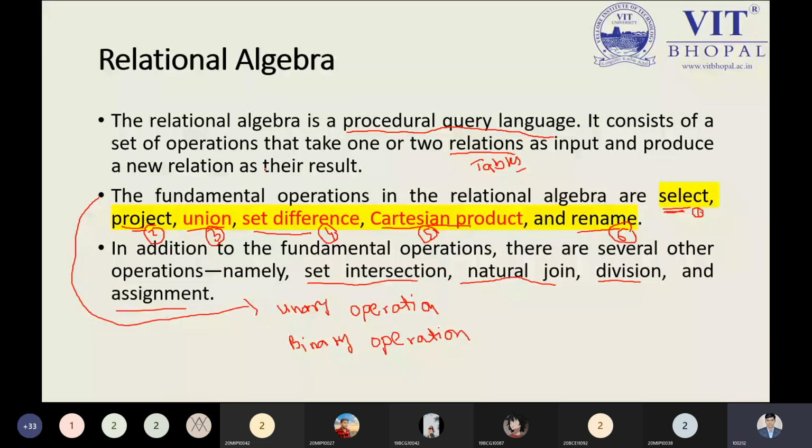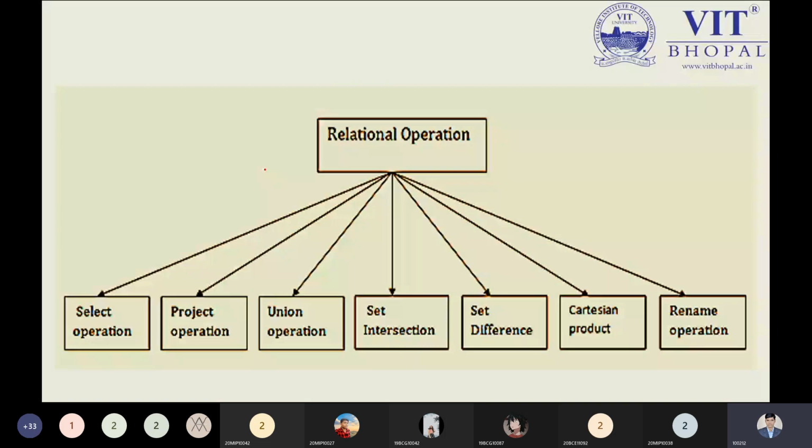Now let me explain this step by step. This is the relational algebra operations slide, and we have various kinds of operations.